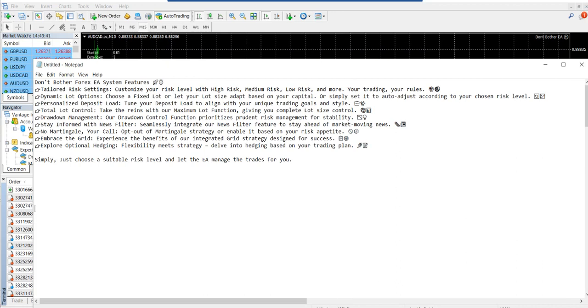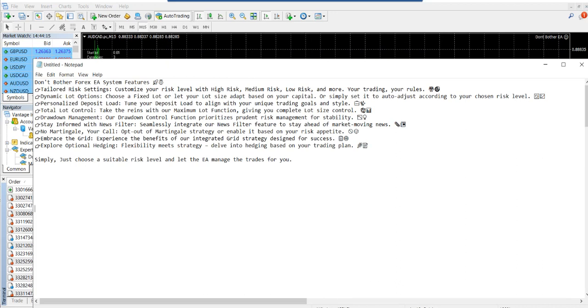And there is a total lot control. As I said, you can either choose the fixed lot size or customize it based on the maximum lot size that you would like to use. There is also a drawdown control function, which prioritizes prudent risk management for stability. It has an advanced news filter which is already integrated. You can seamlessly integrate your MetaTrader 4 with the expert advisor using this news filter to stay ahead of